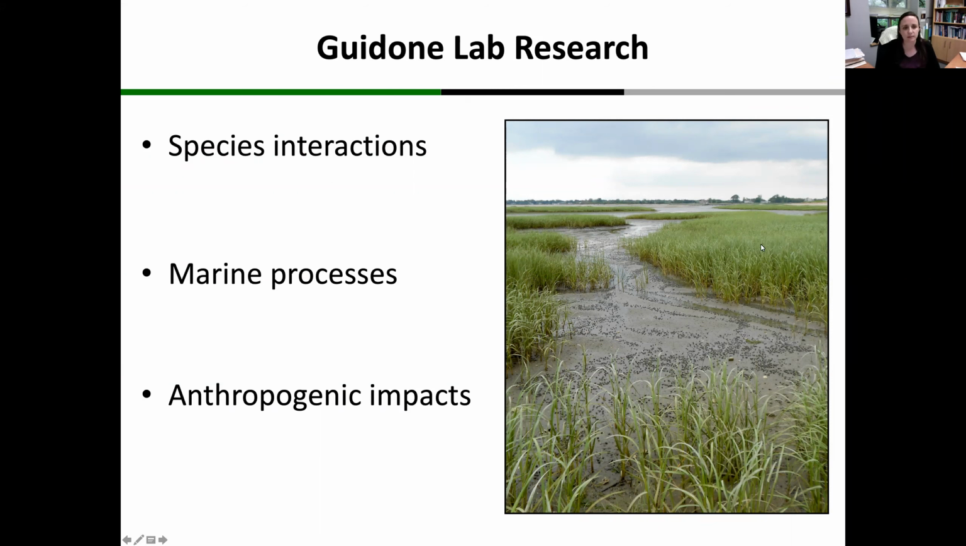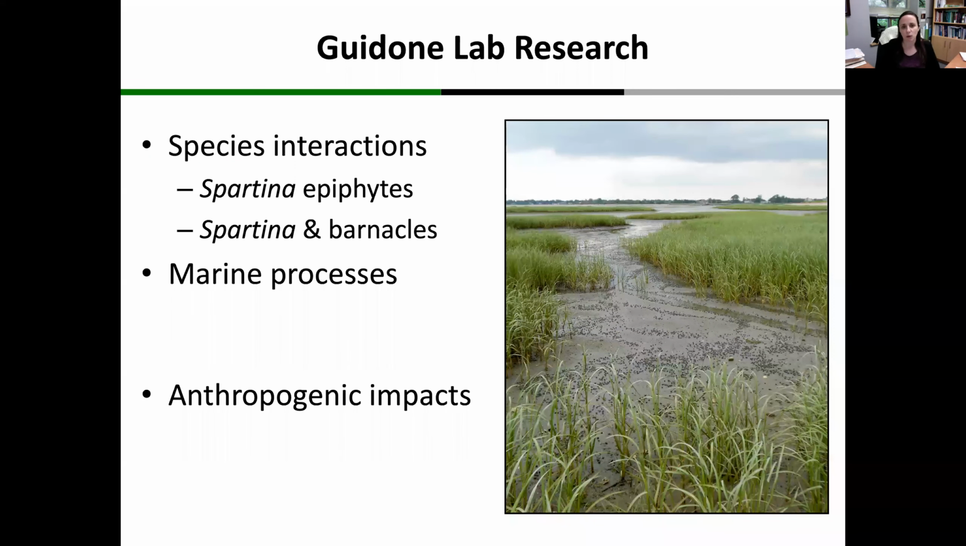And we've looked at species interactions between that plant and epiphytic algae, as well as barnacles, a fouling invertebrate organism. We've also looked at how that plant interacts with rainfall. And so how does the plant intercept the rain and how much of the rain actually makes it through the canopy? We've also looked at several anthropogenic impacts, both out in the salt marsh, as well as a few things